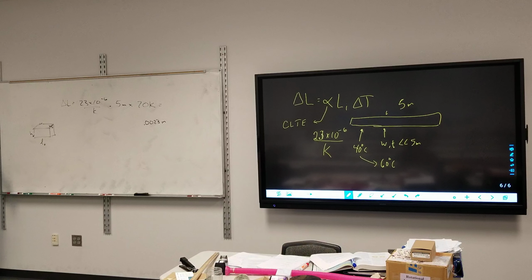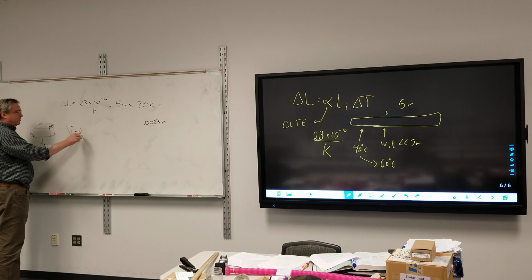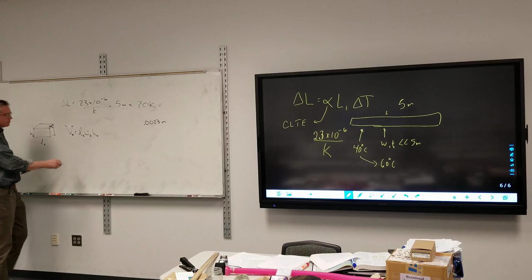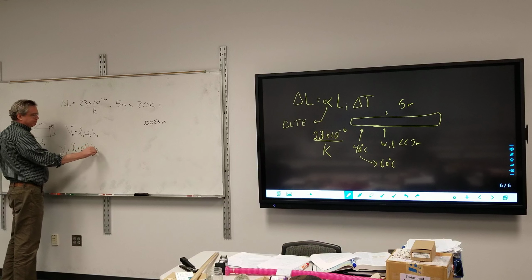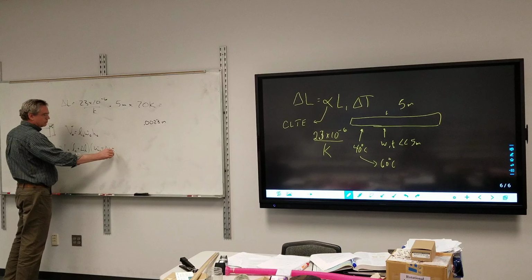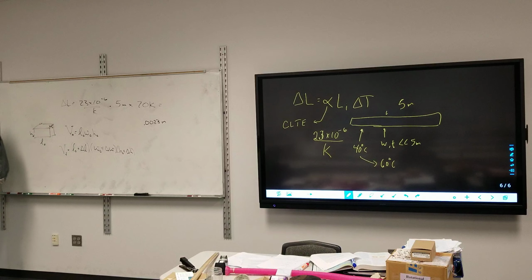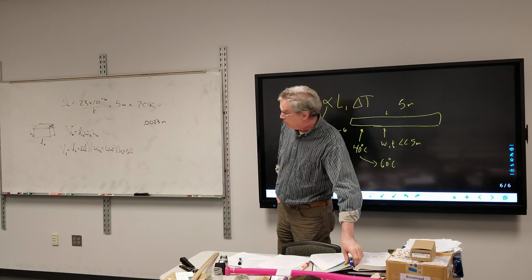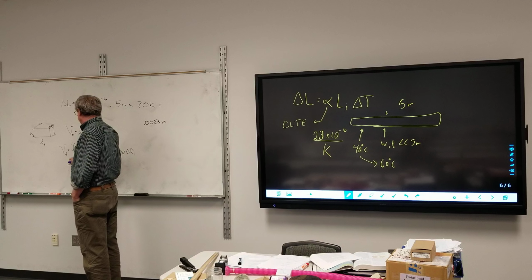All right. So as I heat this up, it's going to expand in all 3 directions. So I have my initial volume, which is just length, width, and height. As it expands, I'm going to have L sub naught plus delta L times, so my final volume. If we assume that each of them will expand by this coefficient, which for the most part is true for most materials, then this becomes L sub naught plus